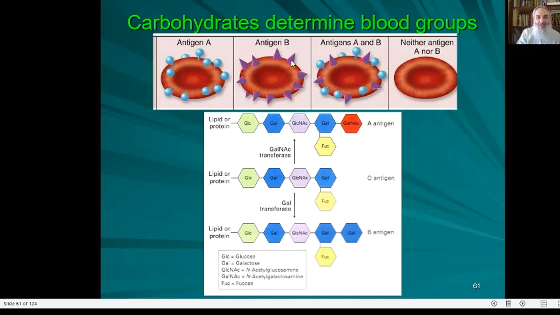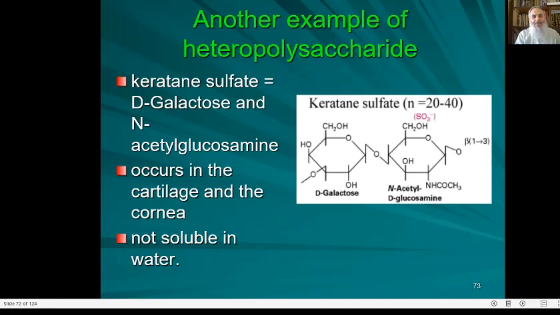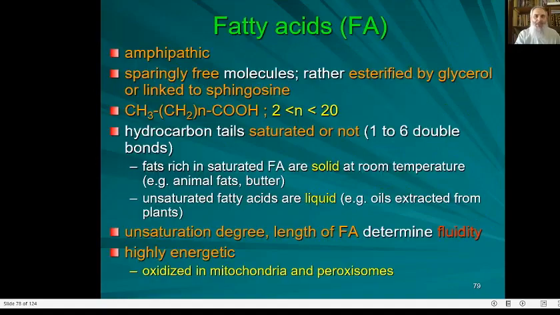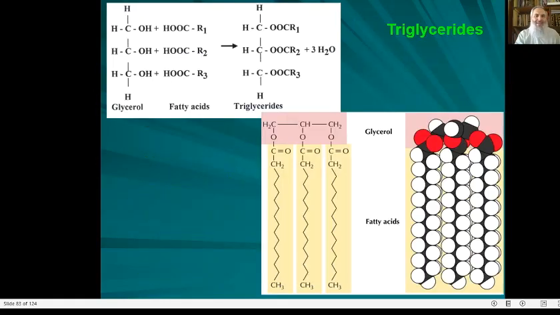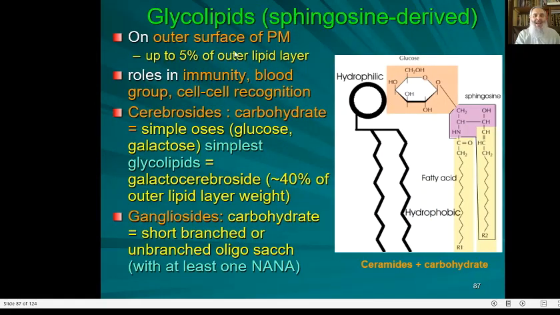Clearly, the antigens must be exposed outwardly, outside the cell. This is why I'm saying that the glycolipids, in case of blood group antigens, but in all other cases, glycolipids are found only exclusively at the outer membrane. They may form up to 5% of the outer lipid layer. They are not as abundant as phospholipids. Many other functions depend on the glycolipids that are present at the cell surface. For instance, recognition between two cells sometimes involve